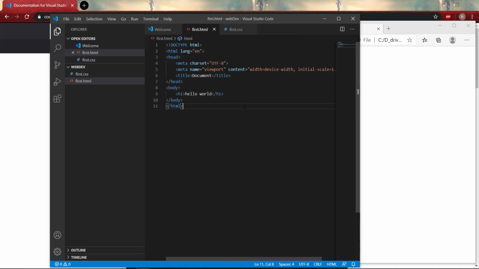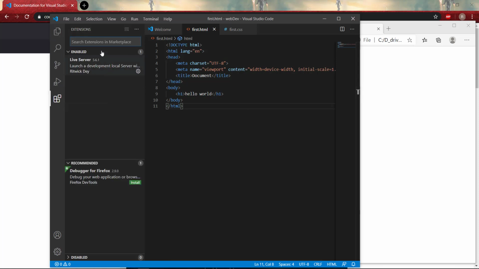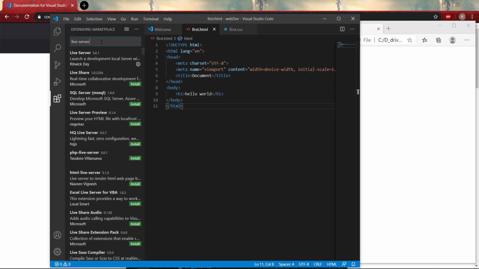But in VS Code we can do one more thing. We can go to the extensions and download Live Server. For my case it is already downloaded, but if it is not downloaded, then you will see an install button here.